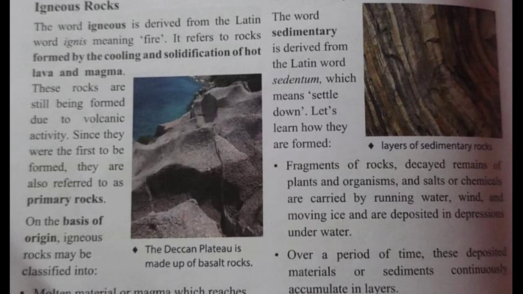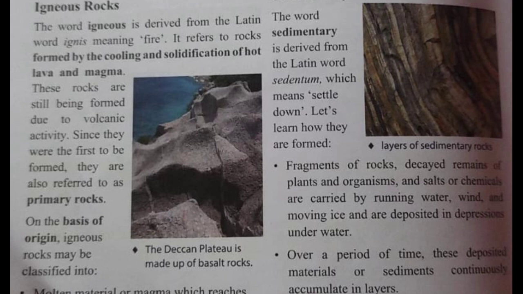Igneous rocks are formed due to the cooling, solidification and crystallization of molten earth material known as magma and lava. Igneous rocks are also called primary rocks because these were the first rocks to originate during the formation of the upper crust of the earth. The igneous rocks are further divided into two parts,